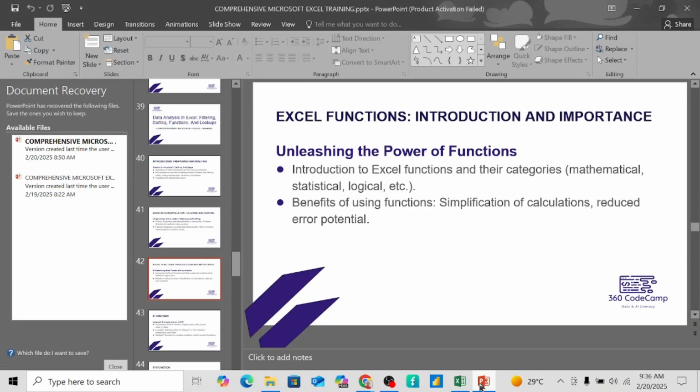Now let's go to Excel functions, their introduction and how important they are for us. Excel functions are pre-built formulas, like I have already told us in the previous classes. Functions are pre-built formulas that perform specific calculations or tasks. They are already built in for us. They are essential for data analysis because they automate complex calculations and save you a lot of time